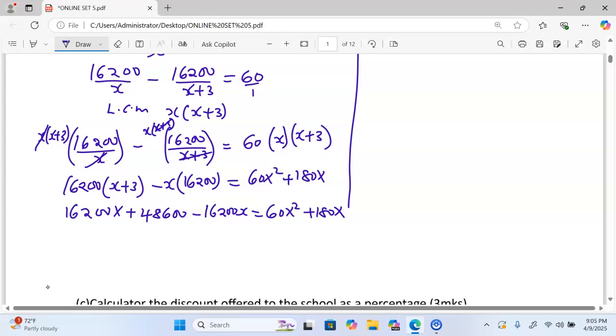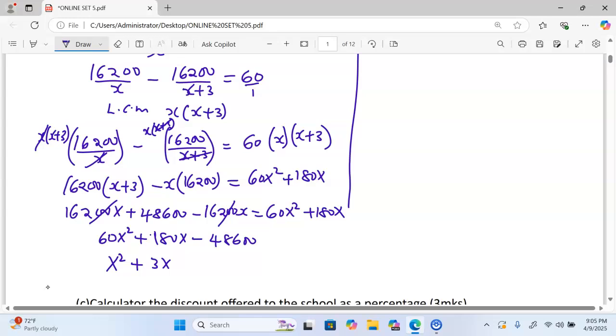16,200x minus 16,200x, this one will give you a 0. Meaning now if we move 48,600 to the other side, we are going to have 60x squared plus 180x minus 48,600. If you divide all through by 60, we are going to have x squared plus